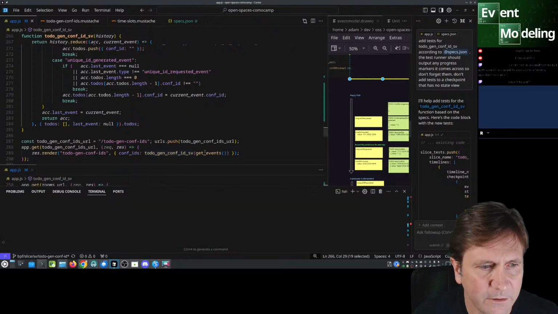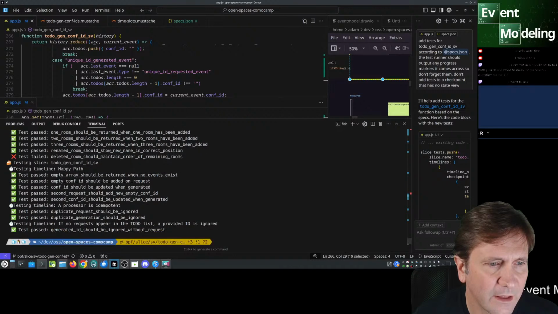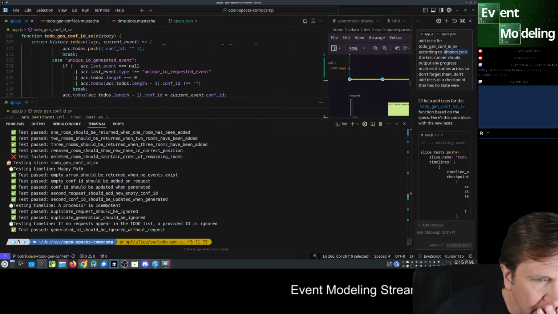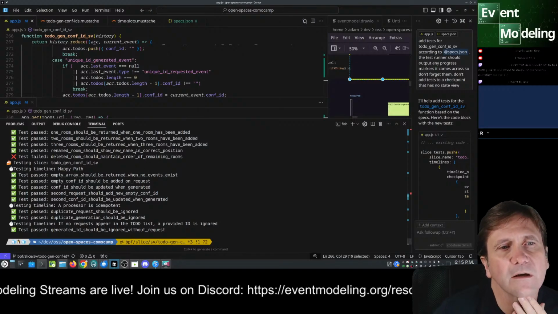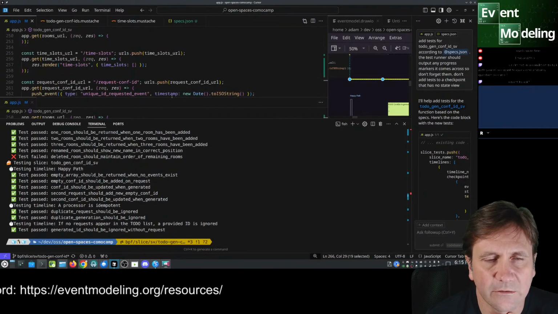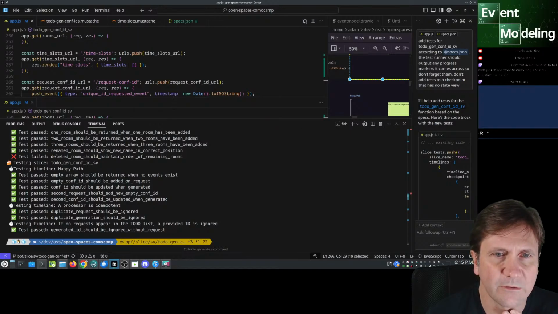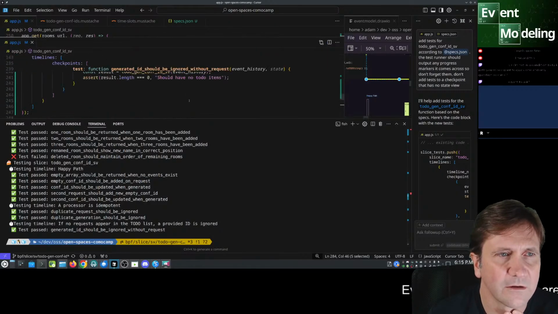Okay, that's really creepy that I'm seeing a lot of stuff. Okay, it did it. But a deleted room should maintain order of remaining rooms. Test. Oh, I think it's because I added that other little example. Remember that little bit of code that I added to show a better template? I think it's throwing the assertions because we have another room added. So the deletion of the room test is being affected by that.